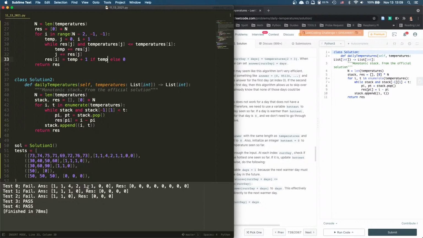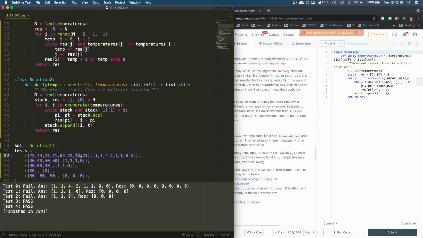So everything becomes 0. So the next one is larger. While, I cannot do res j, because res j, like here, this one is 0. res j is 0. Okay, if I don't do res j, then